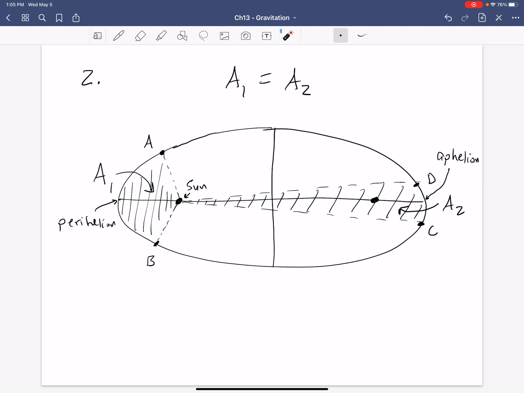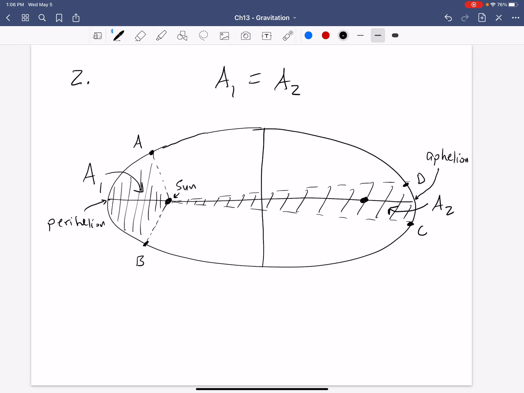For planets around our sun, because our orbits are pretty much circular, the difference in speeds in 1 year is barely perceptible. It's there, but it's barely perceptible on a macroscopic scale. We can't perceive it. The people that are in charge of the times, the calendars, NIST, they can tell for sure. Comets definitely change speeds. Comets, their orbital shapes are very elliptical. So this is in essence Kepler's second law: equal areas, equal times.